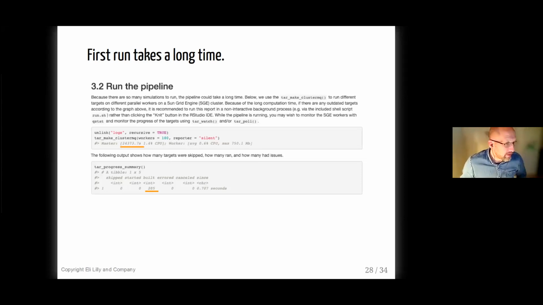So as far as I understand, targets markdown is documenting the process of creating the pipeline, and then optionally, as you showed a couple of slides ago, you can also include the tar_make_clustermq command in the same markdown in order to kick off that pipeline. So the first run of your Markdown file will take 10 minutes or 10 hours, depending on the complexity of the pipeline. But the subsequent runs will take nothing if there are no targets to rerun. Is that the idea? Is that what you're thinking in the target Markdown, the way you present it right now? Yeah, that's exactly it. That's a really good way to describe it.